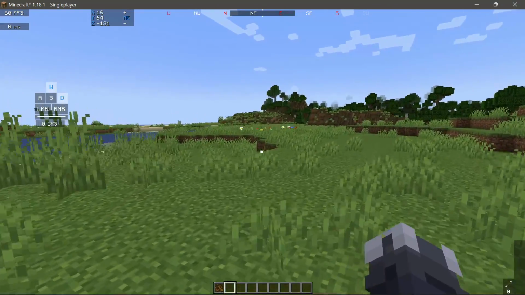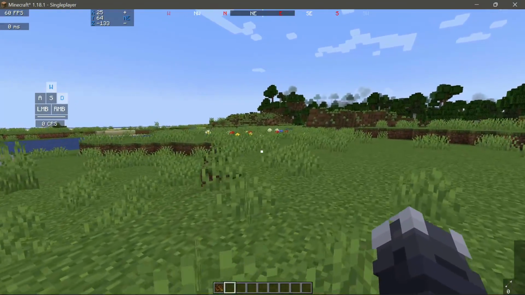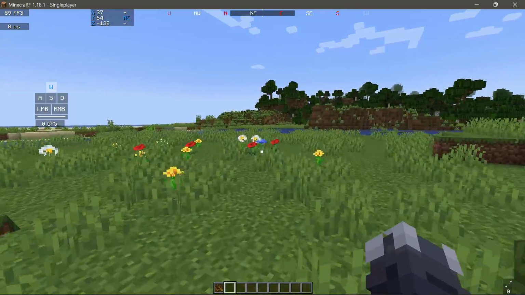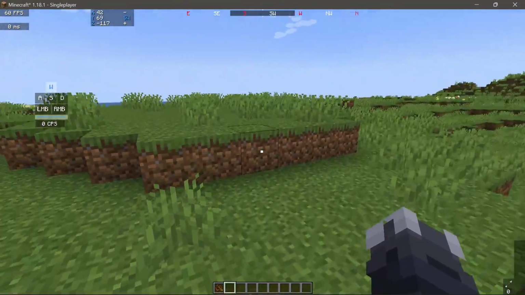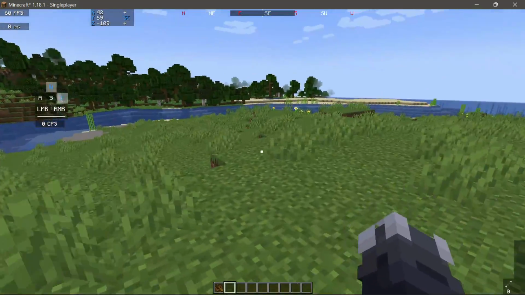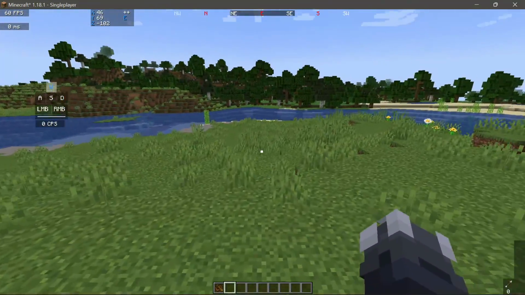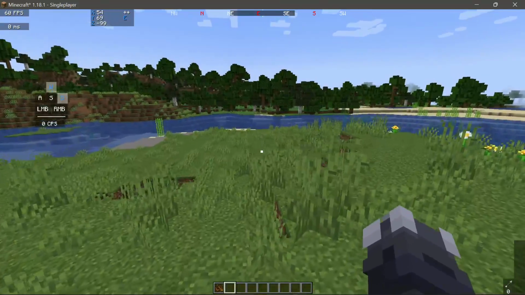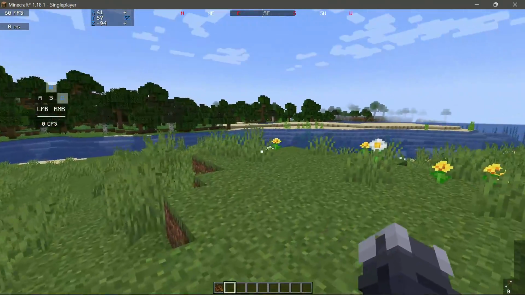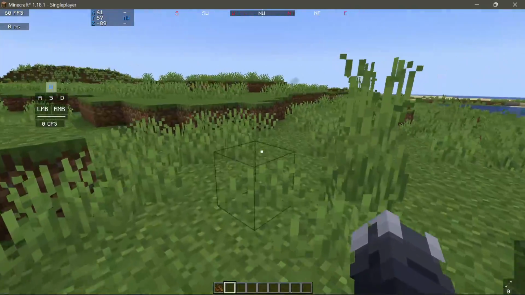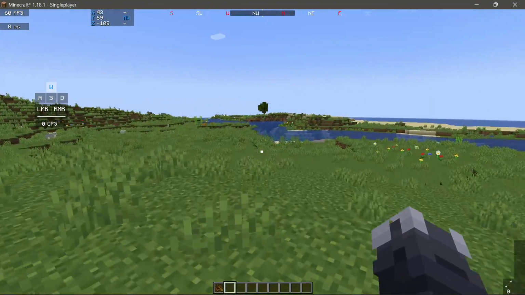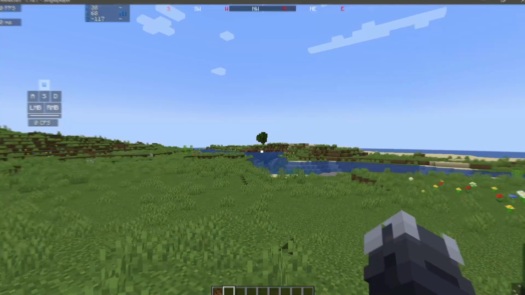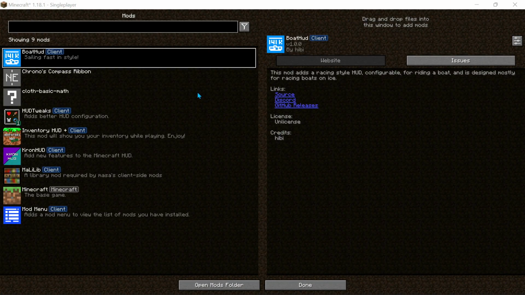I also do use this mod alongside the Chron HUD mod in my best PvP mod pack. So if you guys are looking for a mod pack that includes these HUD related mods, then definitely do check out the best PvP mod pack. It will include the Keystrokes mod, the Cron HUD, and obviously the Chronos Compass mod as well. So if you guys are looking for a compass ribbon mod, then definitely get the Chronos Compass Ribbon mod for version 1.18.1.